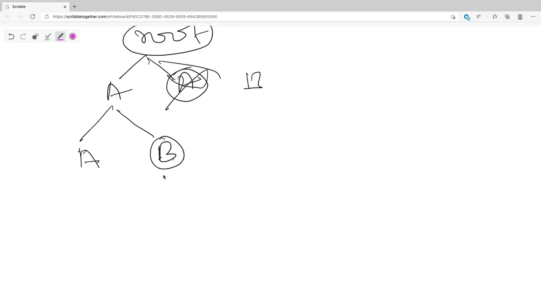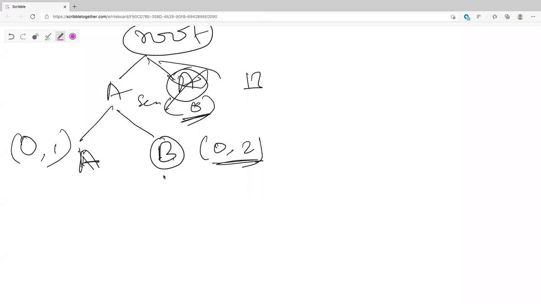Okay. So how did you generate B here? Basically, use a for loop, something like that. I mean, not for loop. So basically, you had a seen set here. You had only 0 here, right? So you figured out that it's okay to add a B. So now your seen is 0 and 2, right? But how did you figure out you have to add A only once? So basically, since you're at 0, you add 0 and 1 here, right? But when you're at the root, your seen is what? Here your seen is nothing, but here you are adding only A and B once.